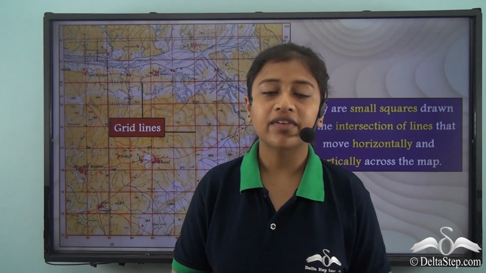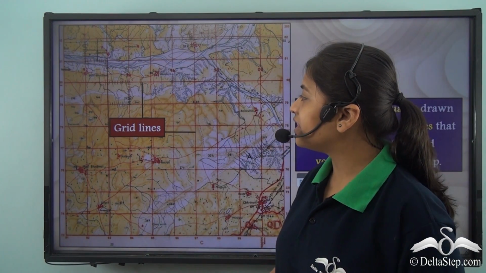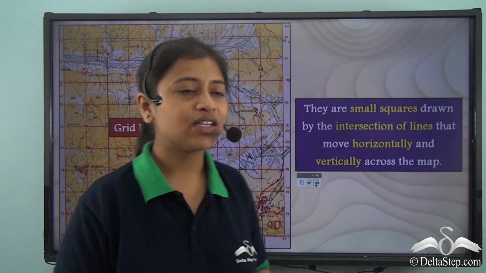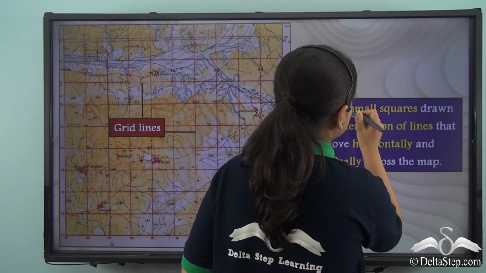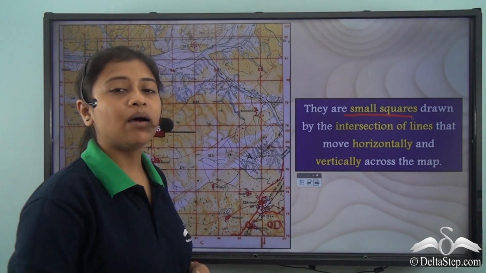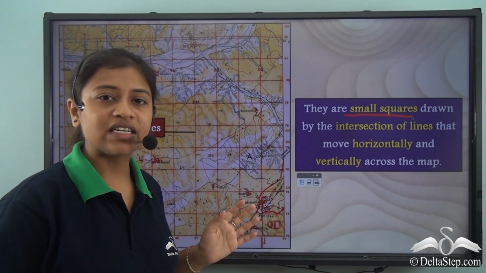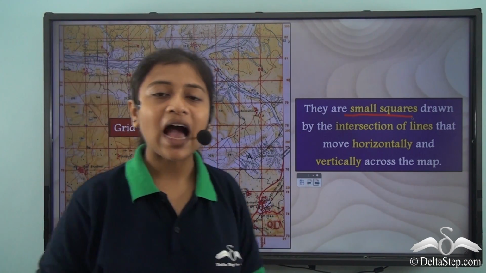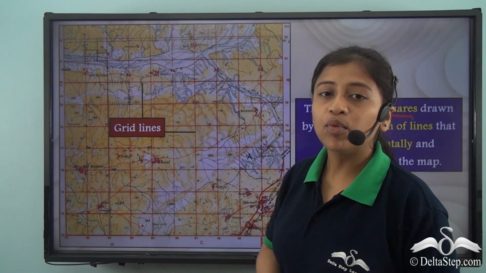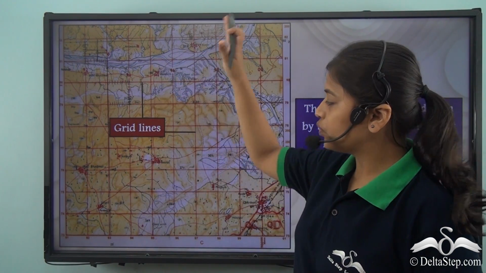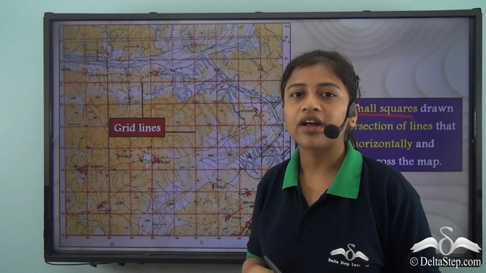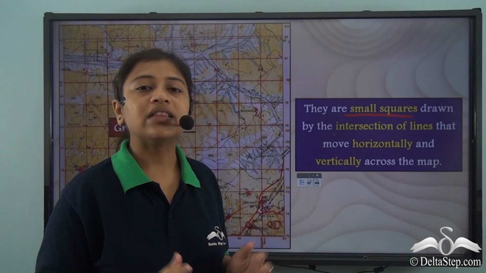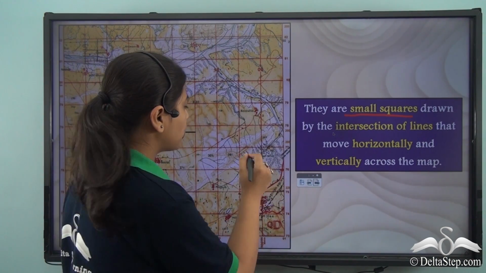So on the topographical maps or topo sheets, we have these red lines called the grid lines. Now what are these grid lines? Well, grid lines are small squares formed by the intersection of vertically and horizontally moving lines across the map. So we have these red lines that move horizontally and vertically across the topographical maps, and these make small red squares, right? So these grid lines are small squares